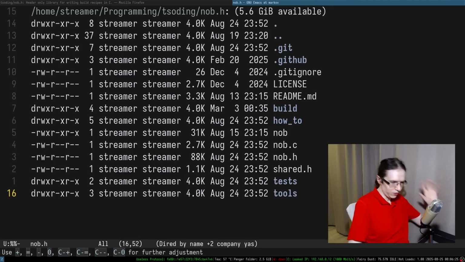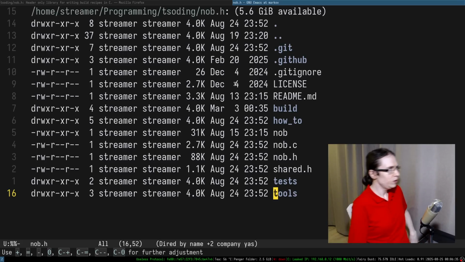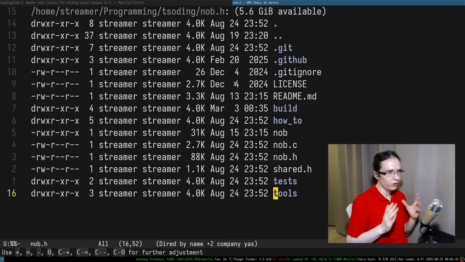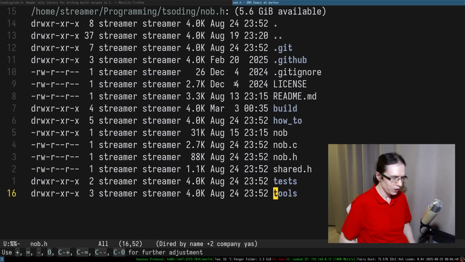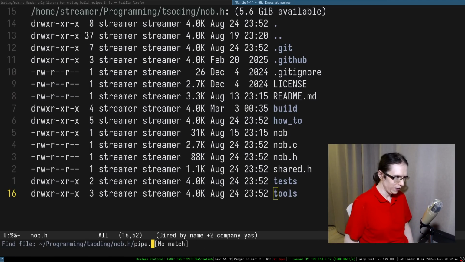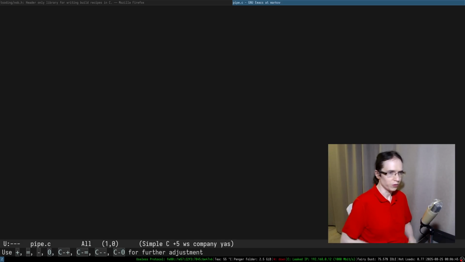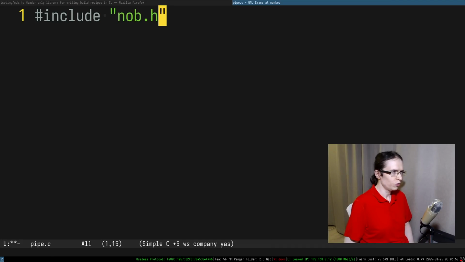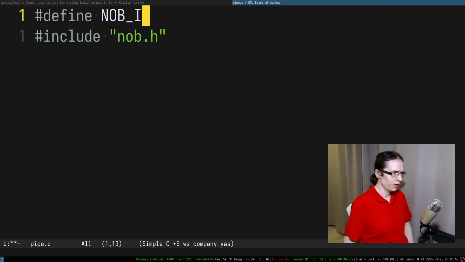All right, chat. The time has come to finally implement command piping for our build system in C, which is called node.h. So we already have a little bit of file redirection capabilities, but they are not really pipes that you can do in Bash. So let's take a look at what we currently have in terms of capabilities of redirecting things. So let's include node.h and obviously define implementations,